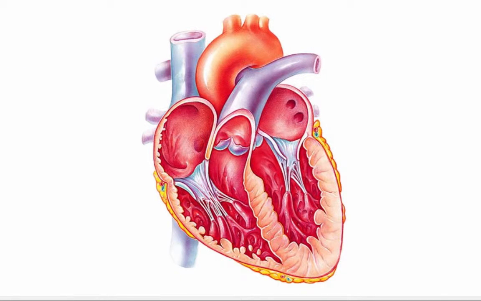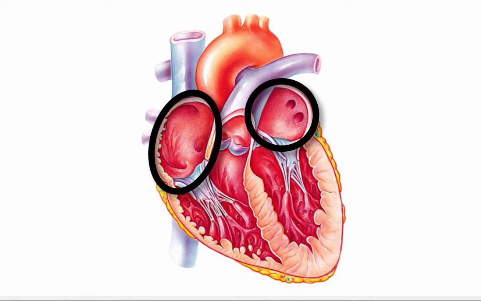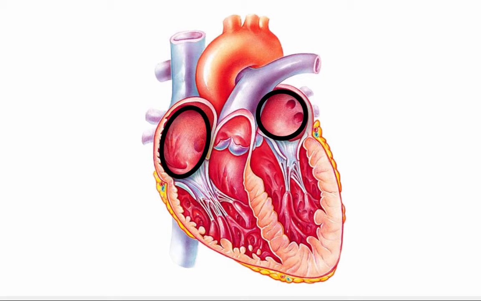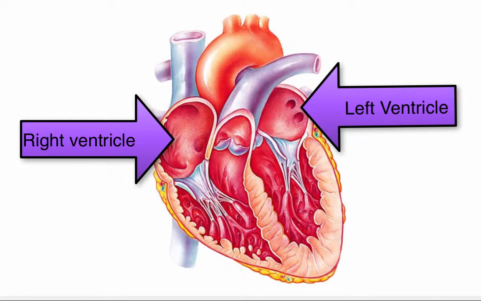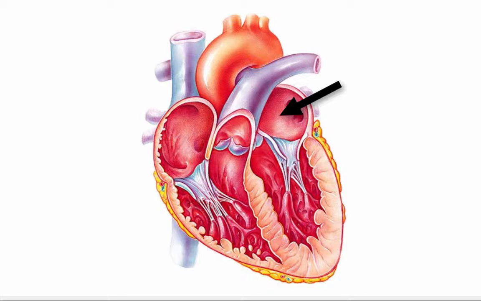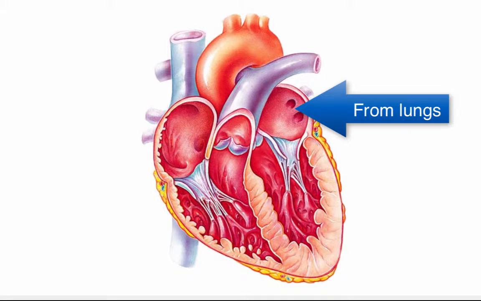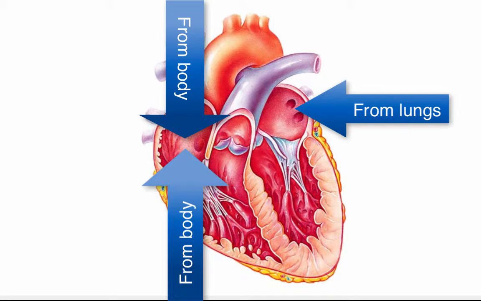Let's now review our anatomy. Blood enters the upper chambers of the heart. What are these chambers called? On the left side, through these blood vessels, and on the right side, through these blood vessels. Where has the blood come from? Through the pulmonary veins, it has come from the lungs, and through the superior and inferior vena cava, it has